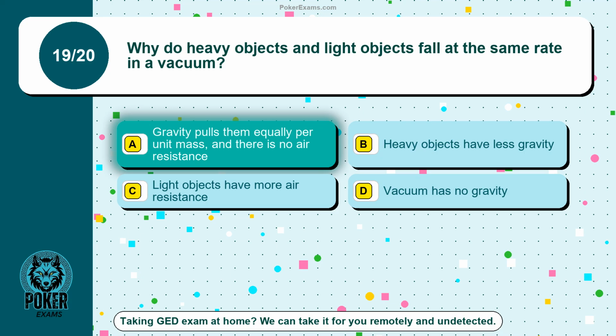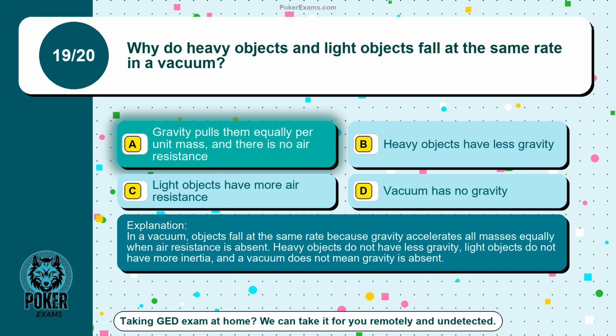The correct answer is option A. Gravity pulls them equally per unit mass, and there is no air resistance. In a vacuum, objects fall at the same rate because gravity accelerates all masses equally when air resistance is absent. Heavy objects do not have less gravity, light objects do not have more inertia, and a vacuum does not mean